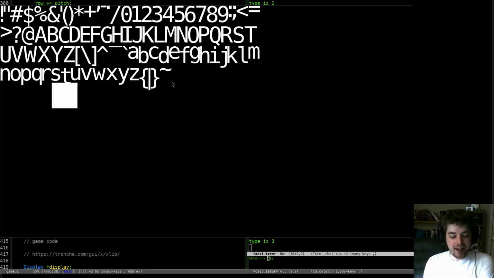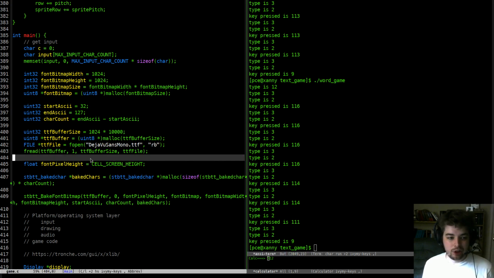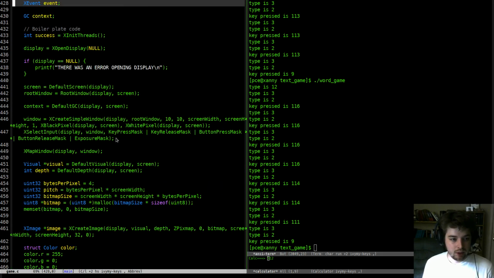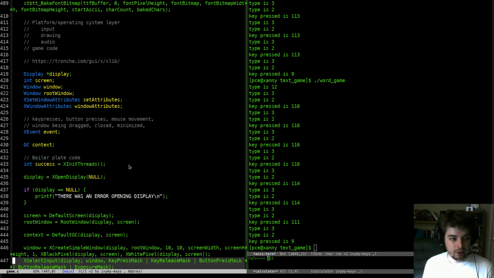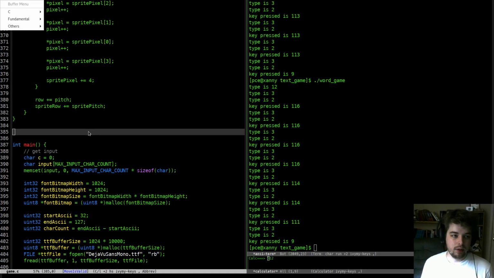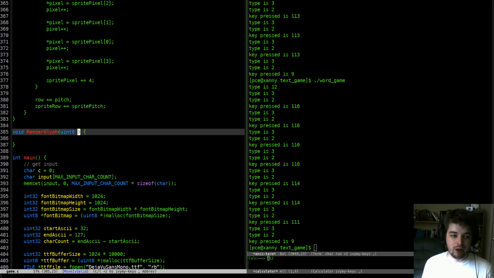And that is going to be very similar to how we are actually going to be dealing with it, right? What we will do is let's make a function, and this is going to be render glyph, and it's going to have our classics, right, of bitmap, pitch,